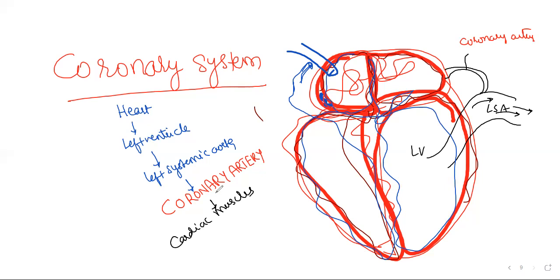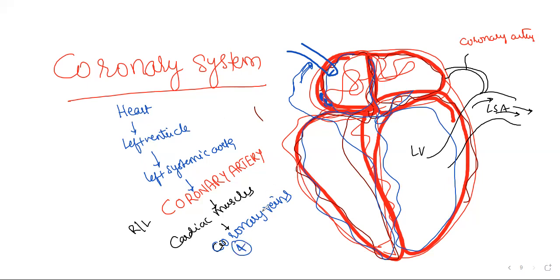The right and left coronary arteries, we have two here. The right and left coronary arteries will supply blood to the whole cardiac musculature. Who needs to collect? The 4 cardiac veins, or coronary veins. From there, the 4 coronary veins are collecting. No need to remember the number, it's just a formality.